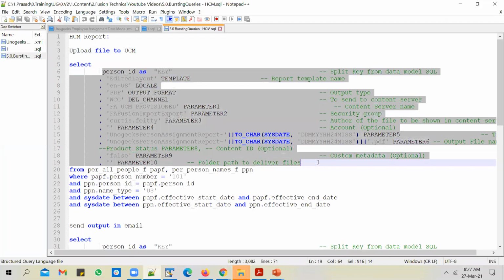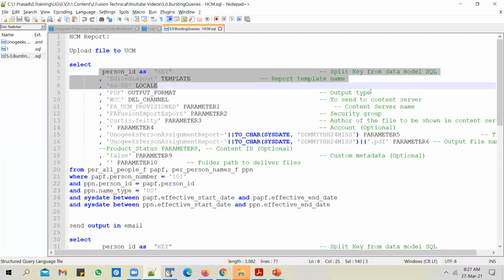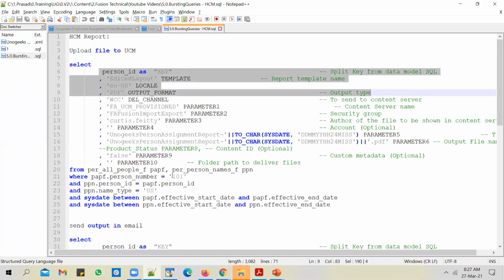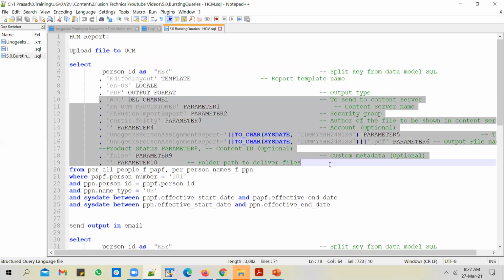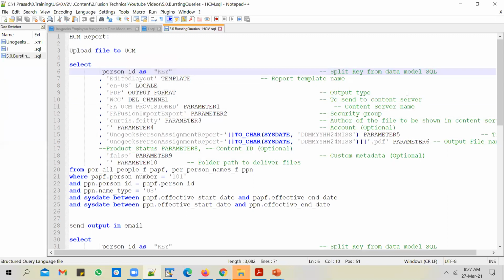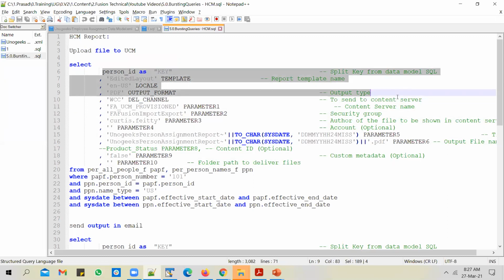If you look at the columns that go into the select clause, there will be two sets of columns here. One set of columns are specific to the layout or report, and another set of columns will be specific to the destination. If you look at the first four columns, let's start building this.